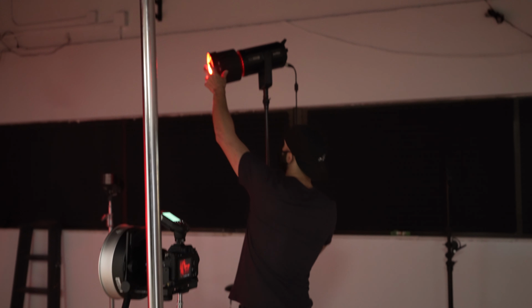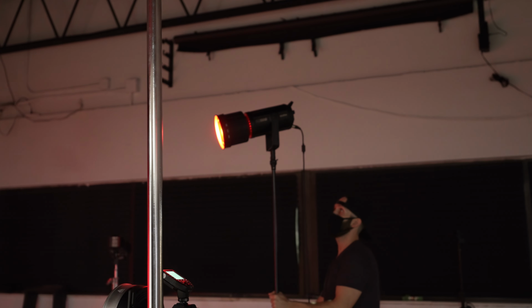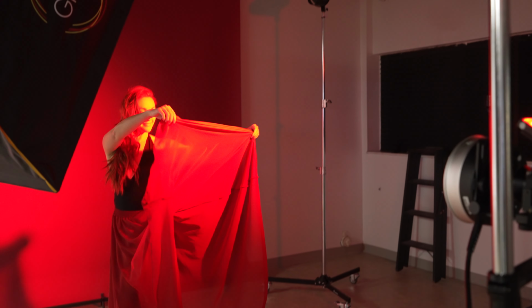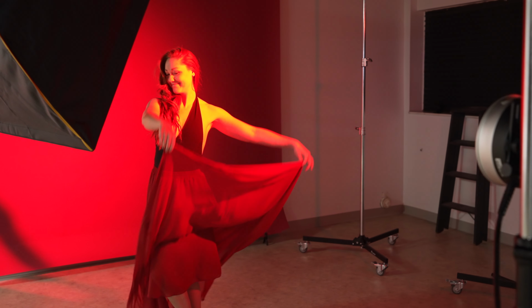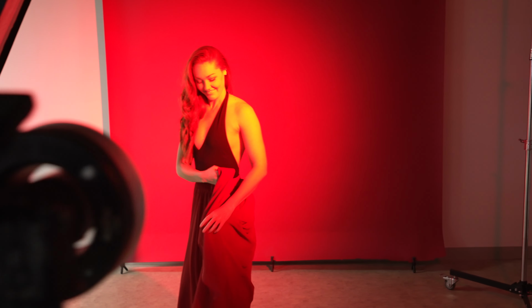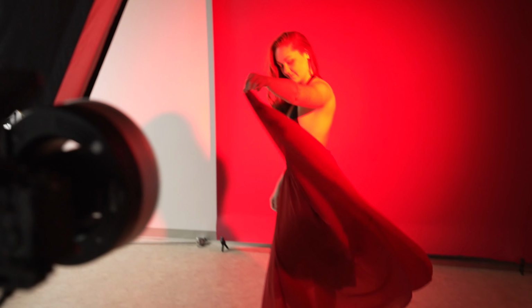All right, so a bit of an experiment here. Got Nicole, and she brought this red flowy dress, and she's got some red hair. You probably can't tell right now because everything is red, but I kind of had this idea for, when she said that she wanted to involve some motion and that she had this nice flowy dress, I decided, you know,